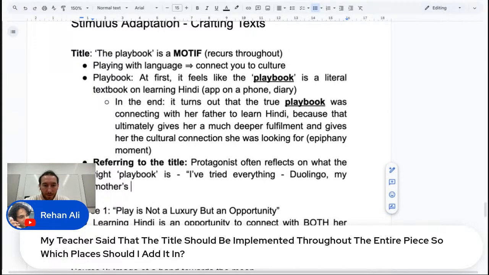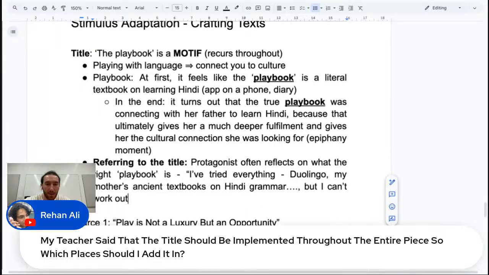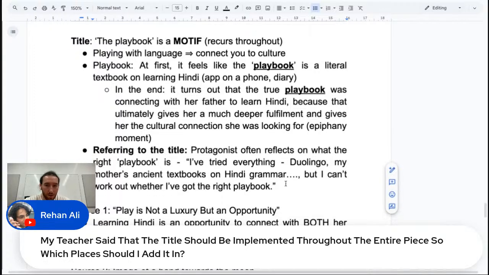My mother's kind of ancient textbooks on Hindi grammar or something, right? I can't work out whether I've got the right playbook. Right? So you actually explicitly say it, but you're connecting it to all of the different things that she's trying.